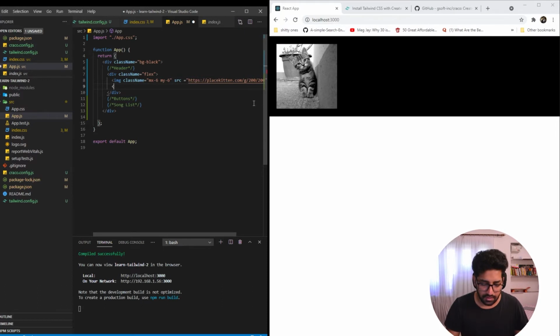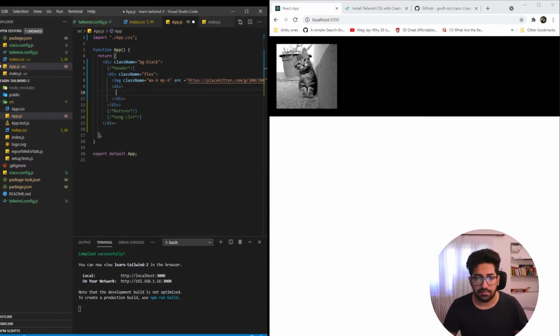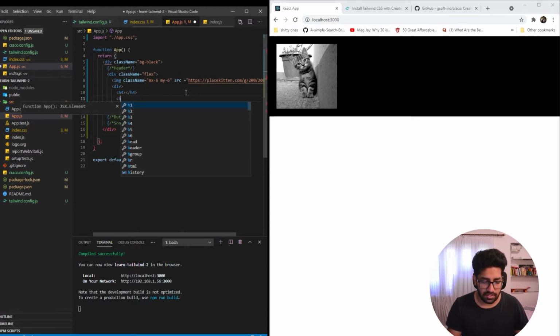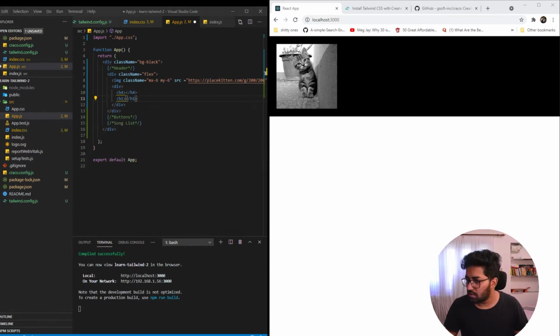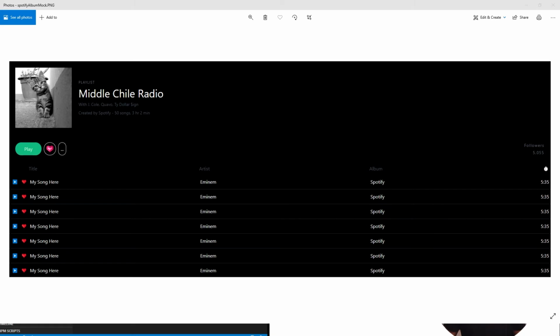Another div, basically, for the contents that are going to come here, basically three components, which would have an h4 and an h1. As you can see, this is an h4, this is going to be an h1, and these are just two lines. So basically four parts to it.